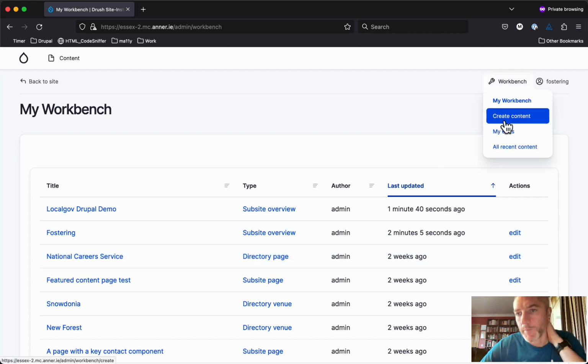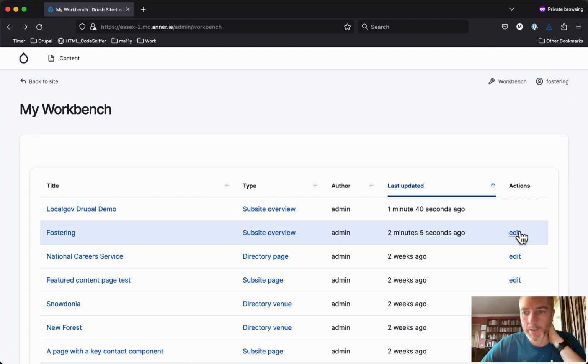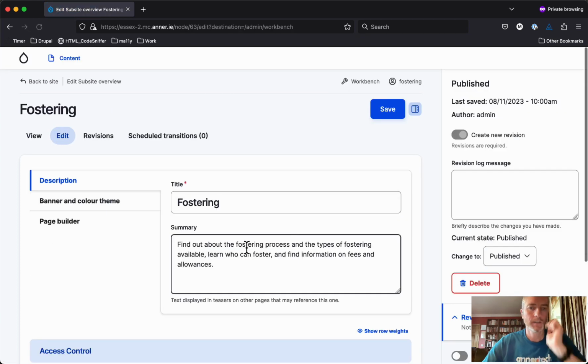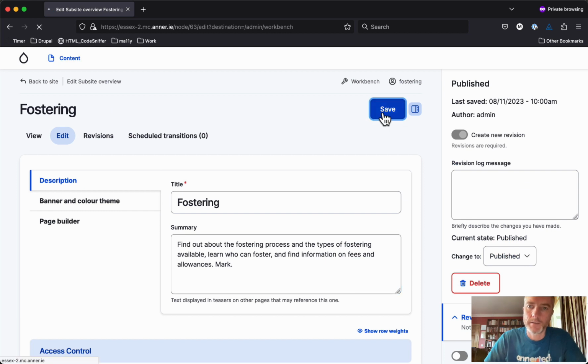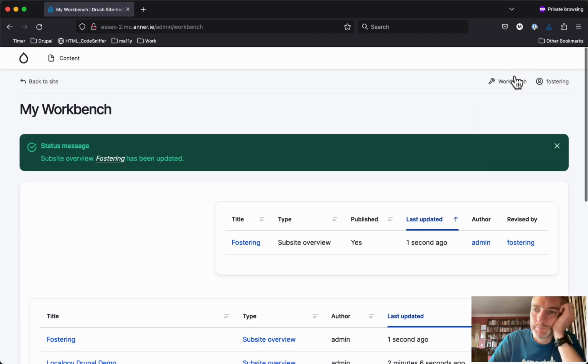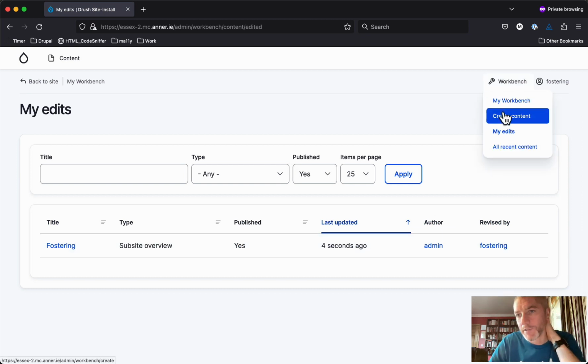Then there's a second tab here which is my edits, and this shows only content that I've actually edited. So here the fostering person hasn't edited anything. If I come back here and edit the fostering page, I will just add the word Mark here and save it. Now I should be able to look at my edits here, and we'll see these are all the pages that I have edited. And then there's some other things like create content,